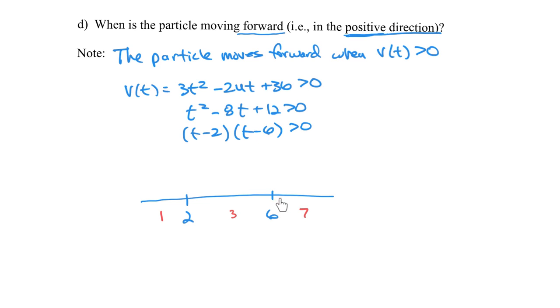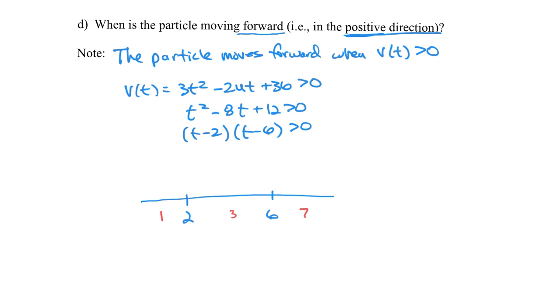Basically, here's a number line. This is in seconds. And since we know the velocity function is 0 only here and only here, right? It's not 0 at any time between 2 and 6. It's only 0 at 2 and 6. So if the velocity is positive at 3 seconds, it will be positive at 4.9 seconds or at 5.2 seconds. It can only switch at these 2 points. So because of that, we can just pick a number in these regions and see what the velocity is there, and it will be there throughout the region. So whatever the velocity is doing at 7 seconds, it's doing that at 1,000,000 seconds